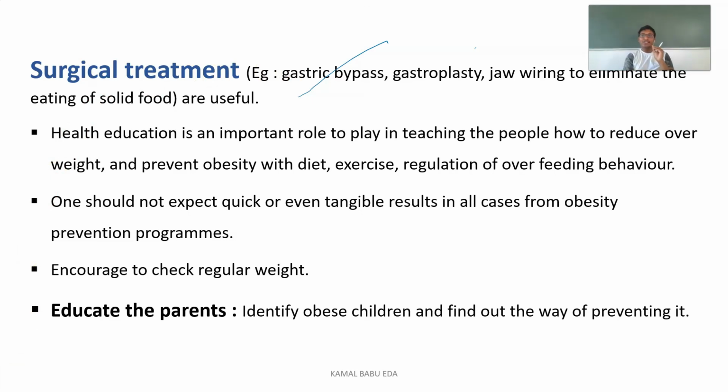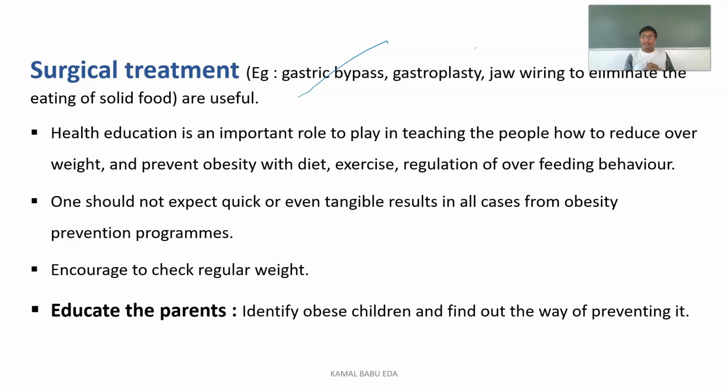Next, health education plays an important role here. We teach people how to reduce their overweight, how to prevent obesity with diet, how to prevent obesity with exercise, and how to regulate overfeeding behavior. These are some of the factors which can help to prevent obesity. One should not expect quick and tangible results. If you start exercising today, you should not expect results by next week. You have to work hard for the results. You have to burn your calories, maintain your dietary patterns and maintain your regular exercise. Then only will you have